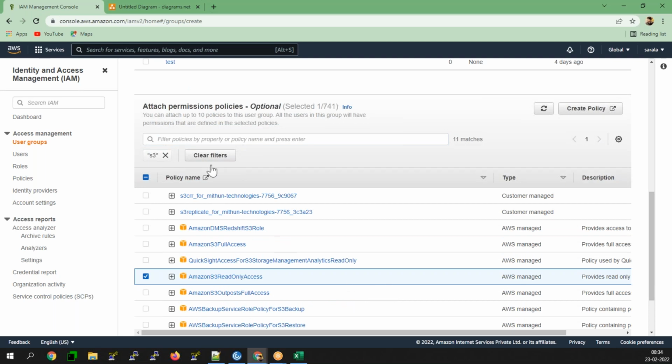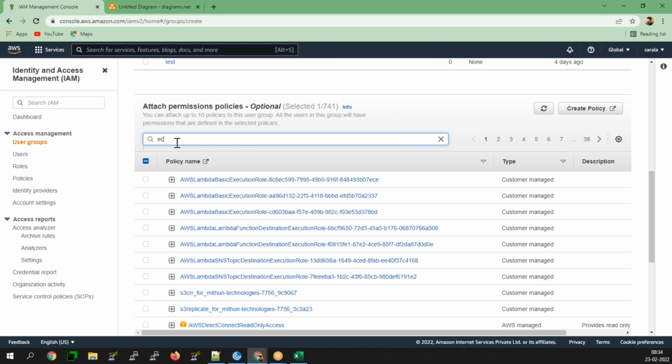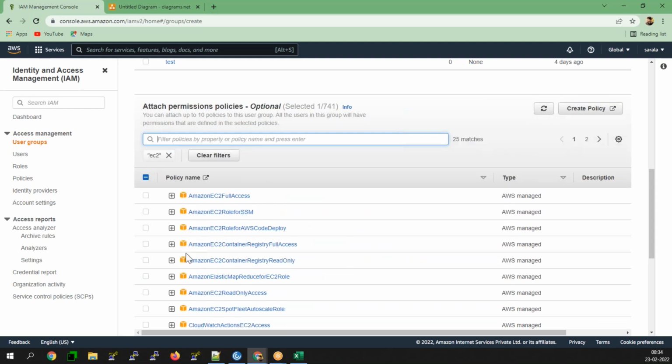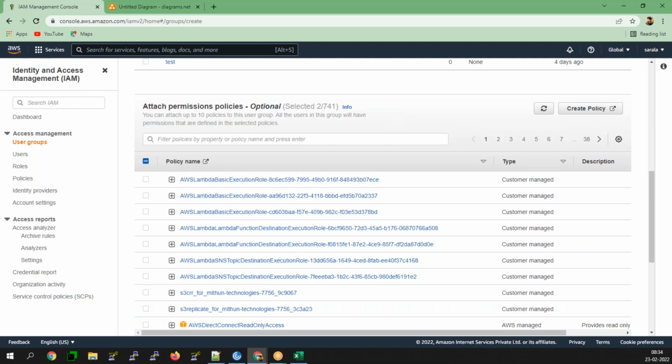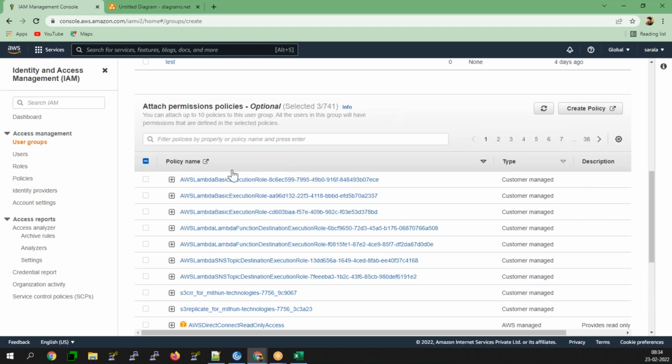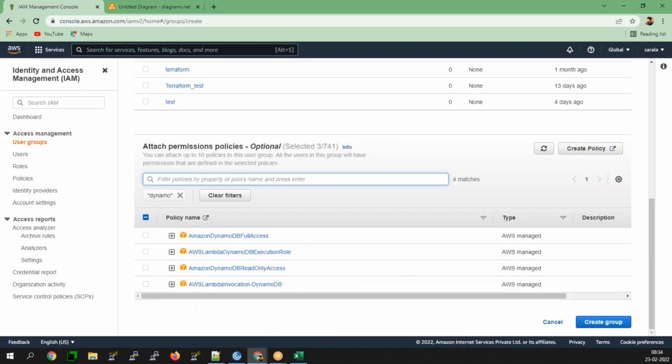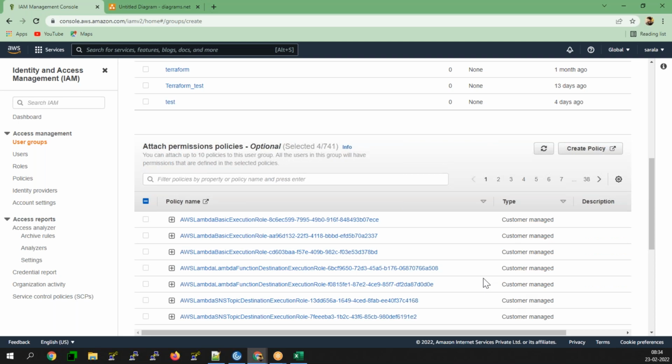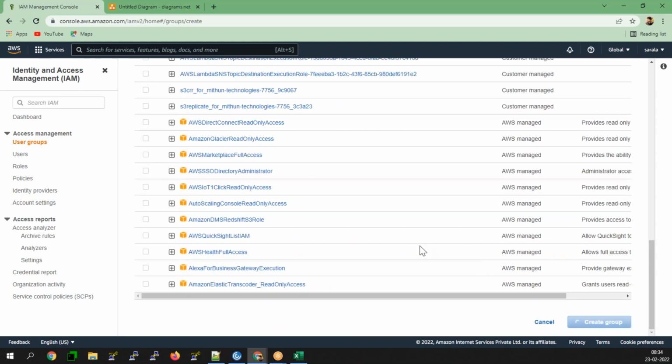Then EC2 read only, then RDS read only, and then DynamoDB read only. These are the four permissions I'm going to give here. Create a group.